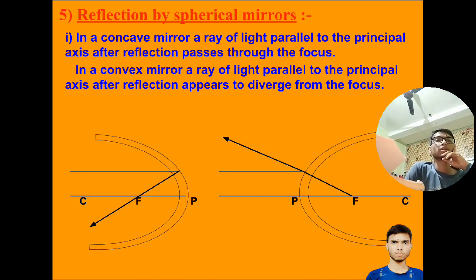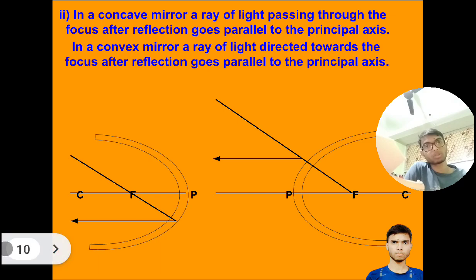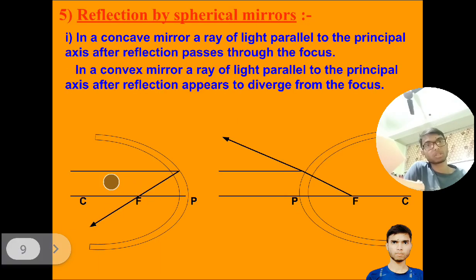In a convex mirror, a ray of light parallel to the principal axis, after reflection, appears to diverge from the focus. Here, as you can see, this is a parallel ray, and we are considering this as a